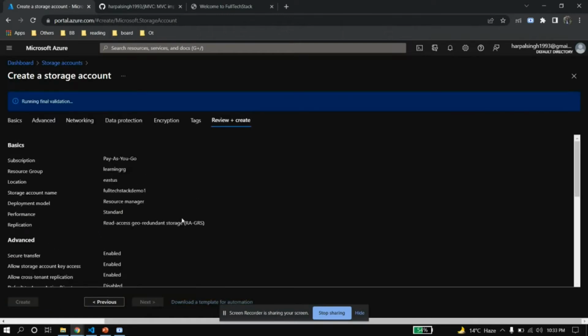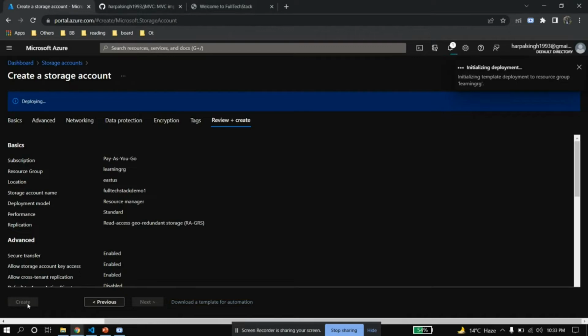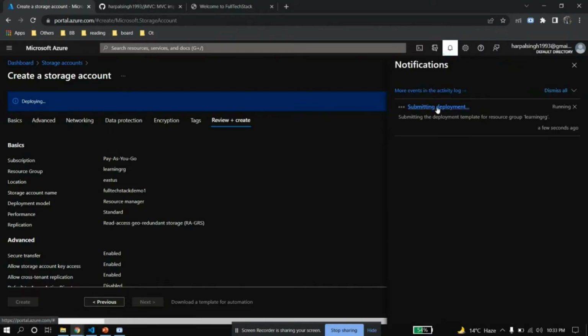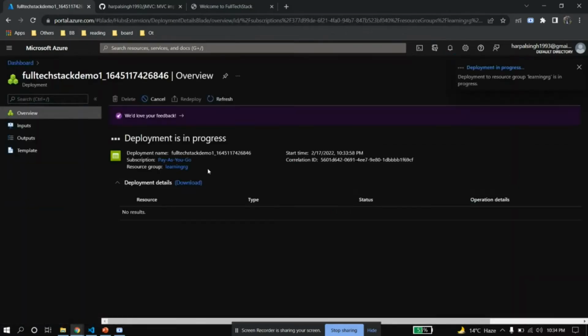Let's create it. Validation has been passed, so let's create it. Deployment is in process. While that is being created, we will move to the next stage,